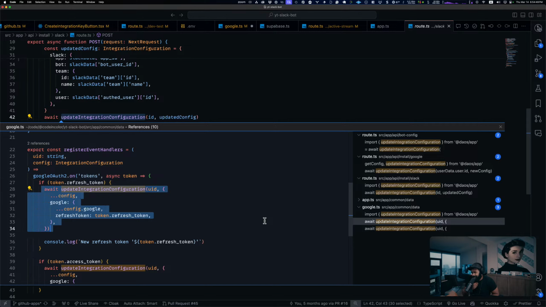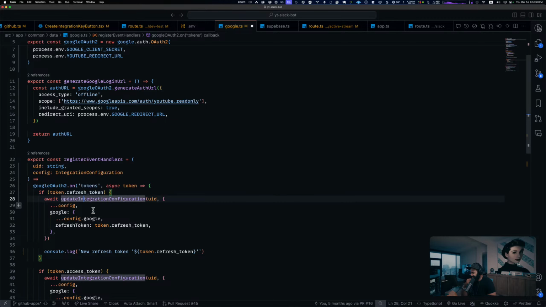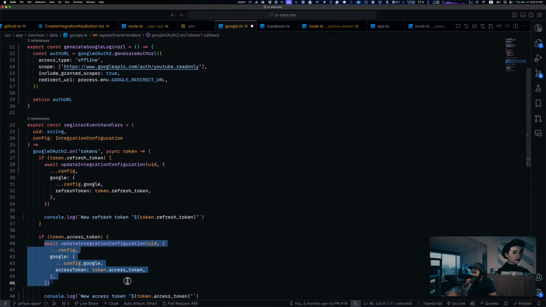Yeah. Let me break down what this does, because it seems like it's a lot, and this is why I want to get rid of it. Fundamentally, the only thing that's changing is this refresh token. That's it. Everything else is the same. Can you just do that as a single event then? Well, this is a single event. Do you have it multiple times? You said because of different bits. Oh no, I'm talking about the logic. The event is only once. But this logic of having to do this merge is happening in more than one place,